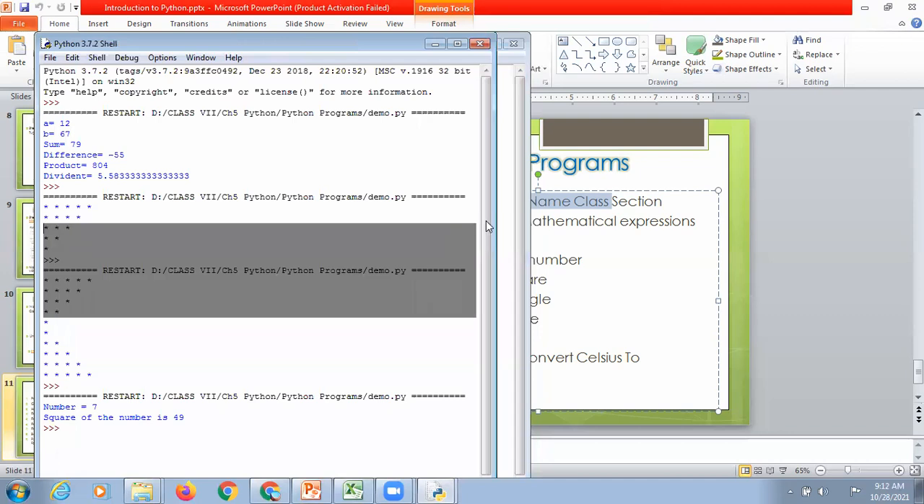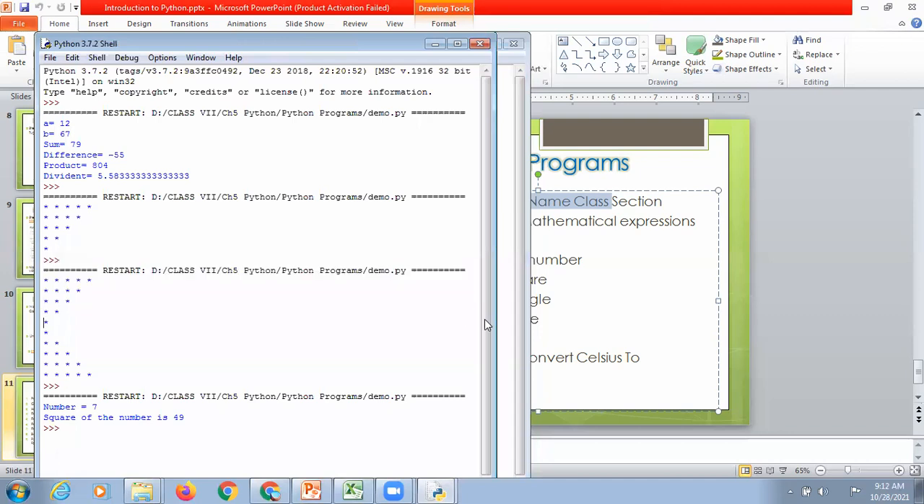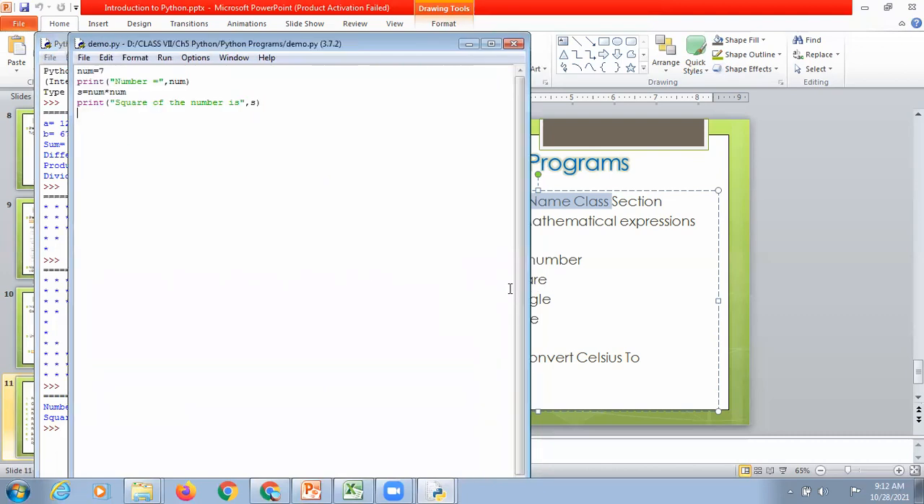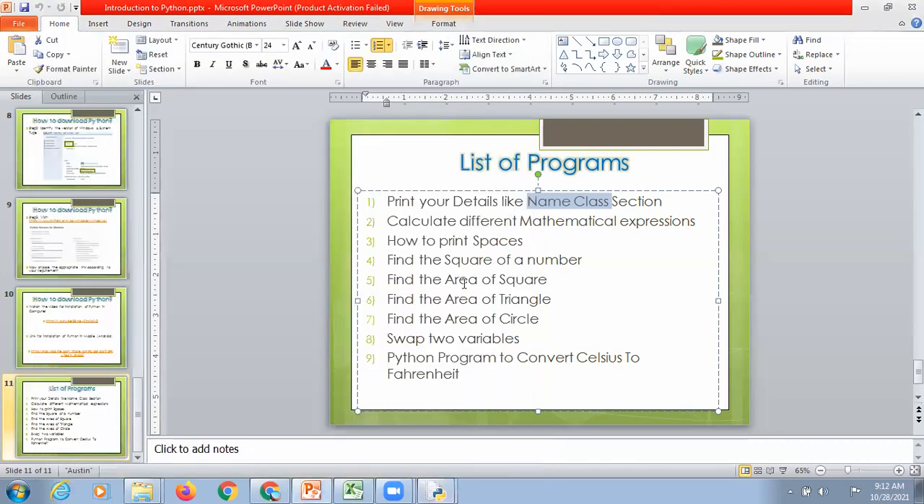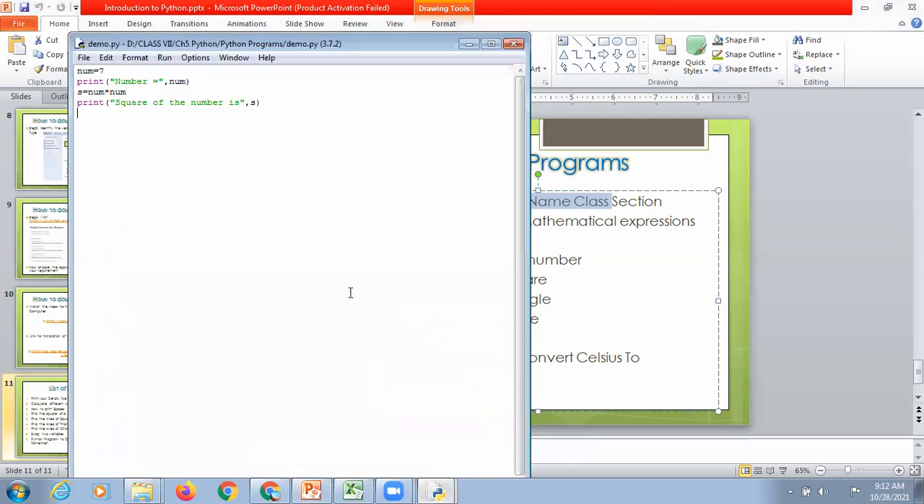Now this is the output. Here it is. Number equals 7. Square of number is 49. Right? Next question. The next question is, find the area of a square. Area of a square means,